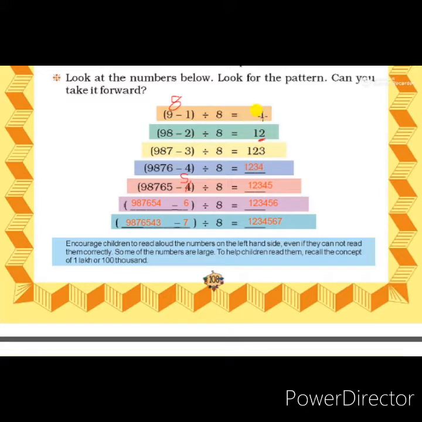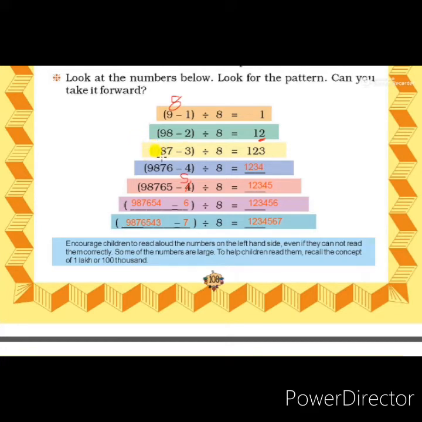Here the answer was 1. In the next line they added one more number, and in the answer also one more number is added. The answer is 12, and here they have taken 110, and in the answer also 110 has increased. Now we will see the third step. In the third step they increased one more number. In the second column there were only 2 numbers. In the third column 3 numbers are there. Which are the 3 numbers?